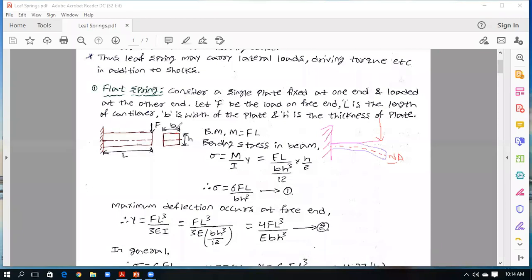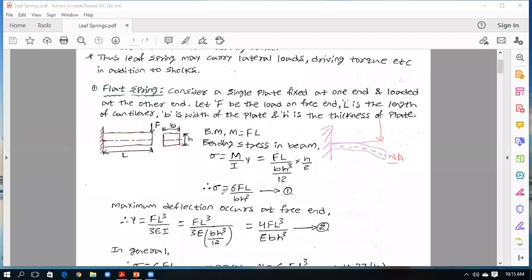Substitute that moment of inertia for this beam, it will be bh cube divided by 12. Take this term to the numerator, and the remaining will be 6fl by bh square. H will get cancelled, remaining is h square. If this 12 goes to the numerator, it will be 12 by 2, meaning remaining 6. 6fl by bh square. This is the bending stress in the beam.